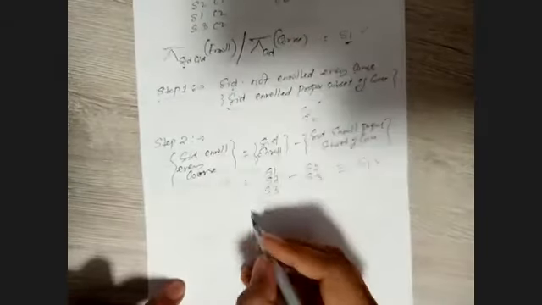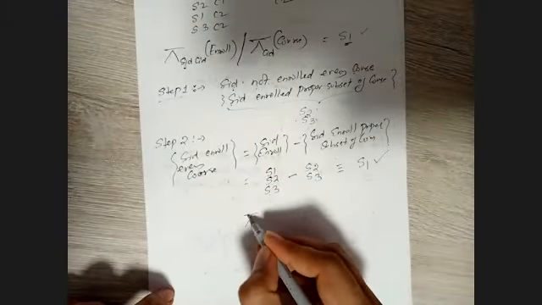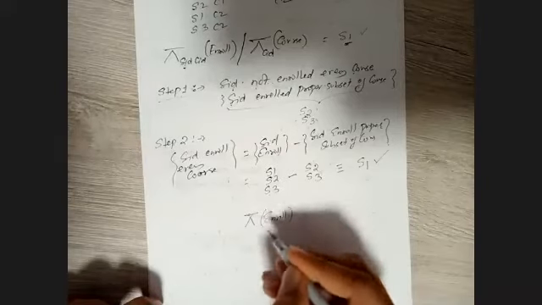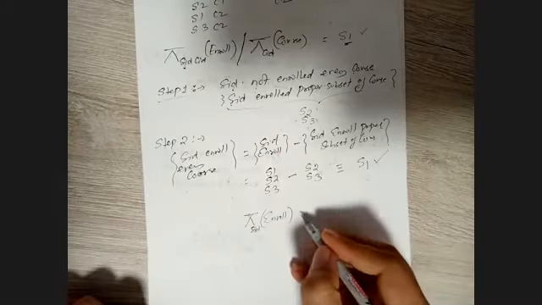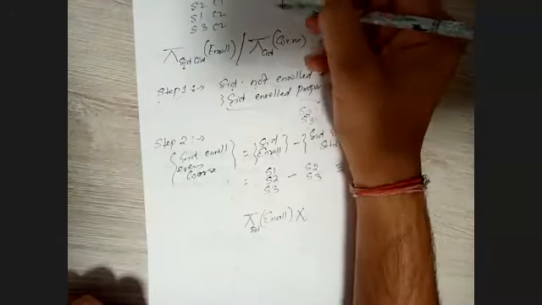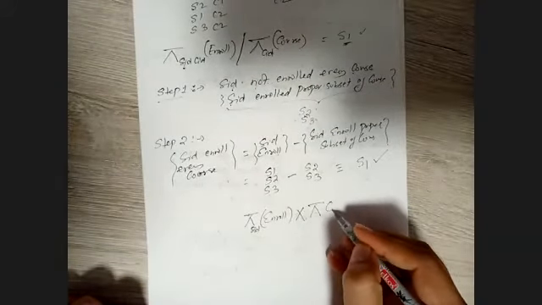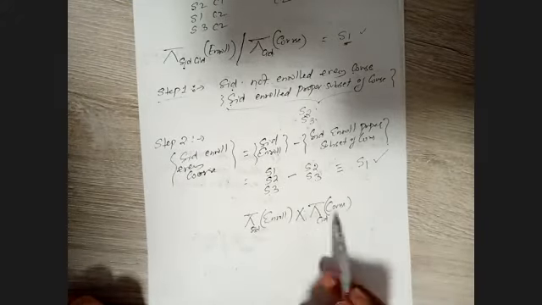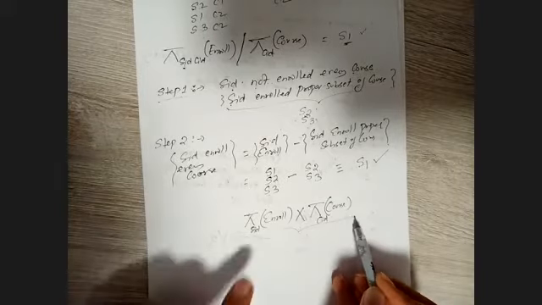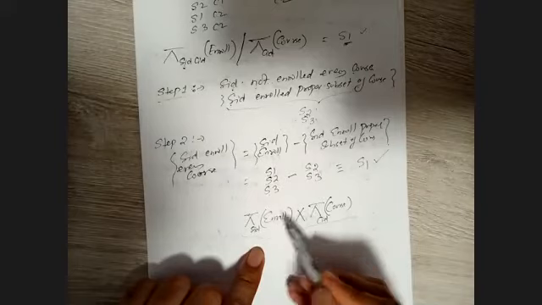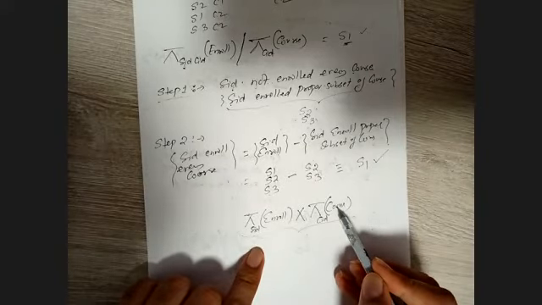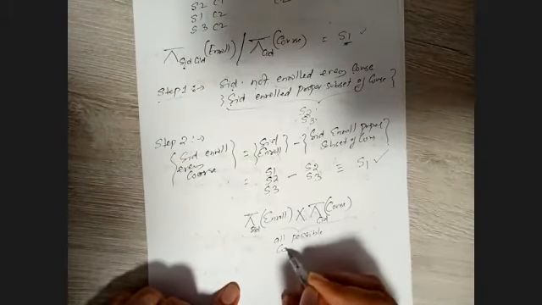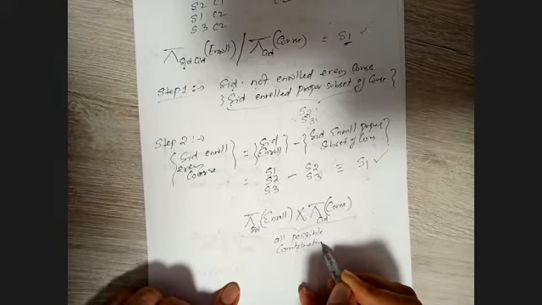And how can I do that? First, I will take SID. Obviously, I need to take SID from the enroll table, and I have taken SID. I will do a Cartesian product with course ID from the course table. What is the meaning of this part? It means every SID of enroll is related with every course ID of course. Yes or no? So this is all possible combinations of your SID with your CID.